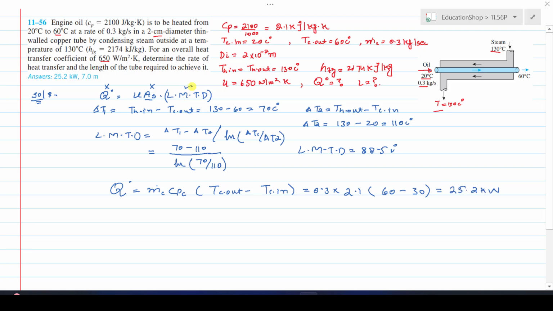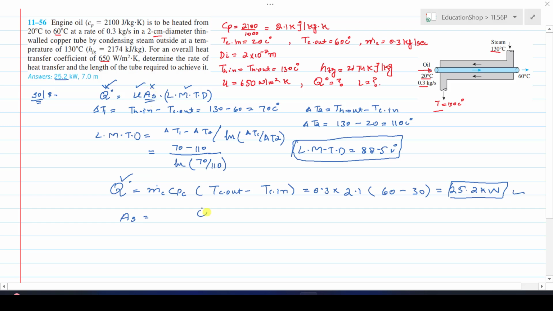Now the LMTD value has been calculated, and the Q dot value is calculated. Here you can see, put this U, LMTD and Q dot value in this equation, you can easily find the surface area, and this is our first answer that is asked in the statement. We can say that surface area is equal to, from this equation, Q dot